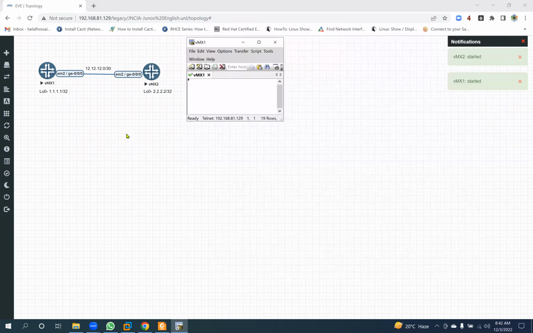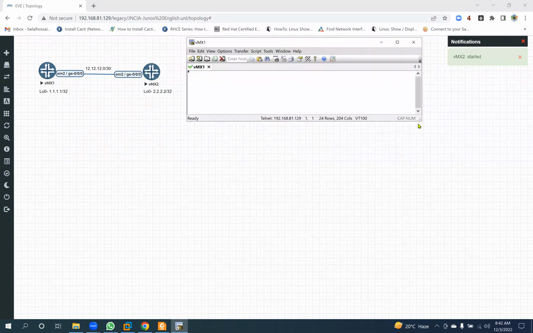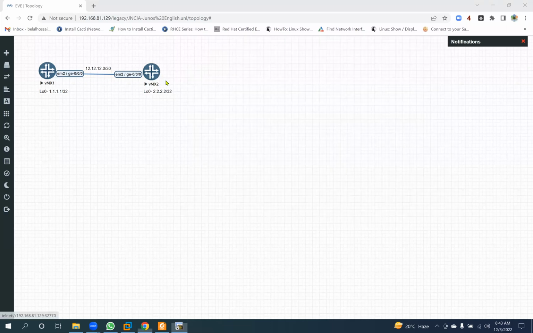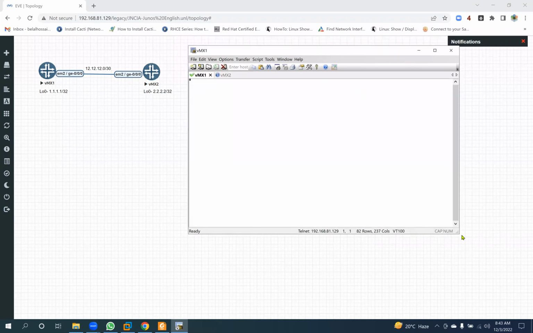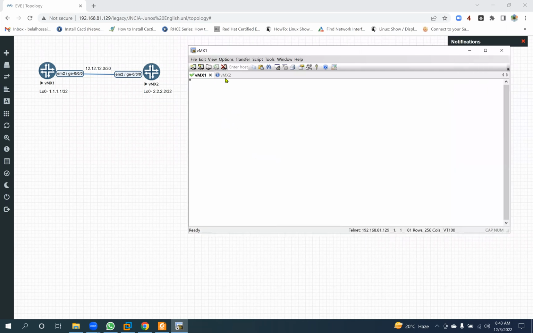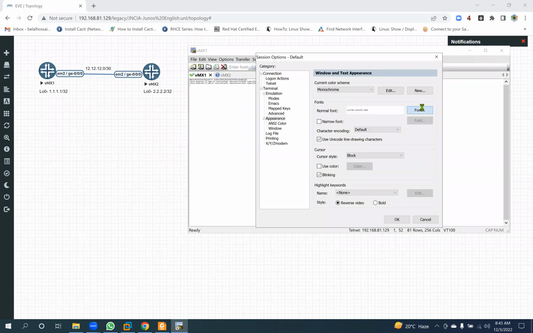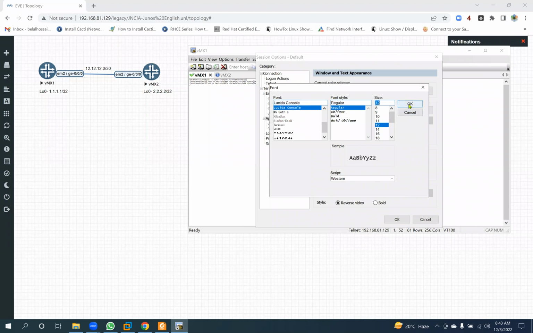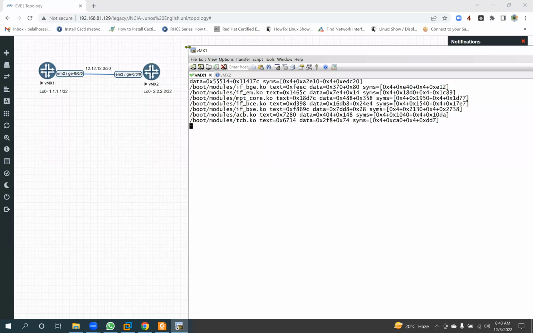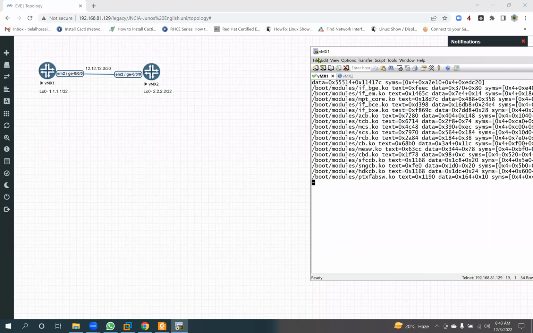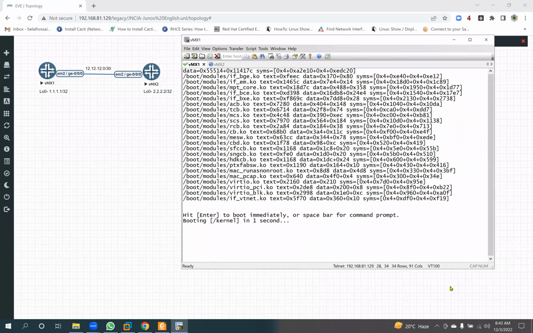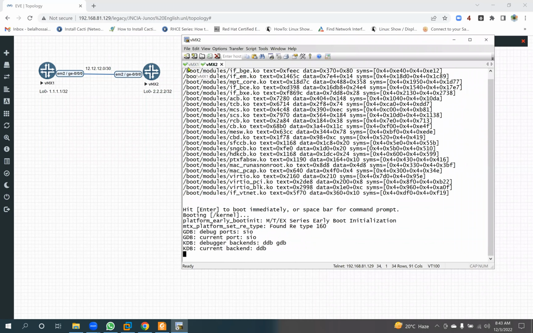Security. Another one. Font size is very small. Change it to 12. It's okay. Then